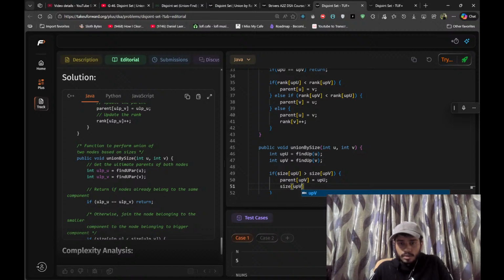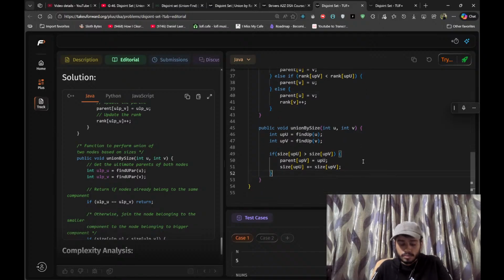size of UPU plus equals size of UPV. Else, if that is not the case, the size of u was greater, so the parent of v was greater, so the parent of u would be v, and u and v,